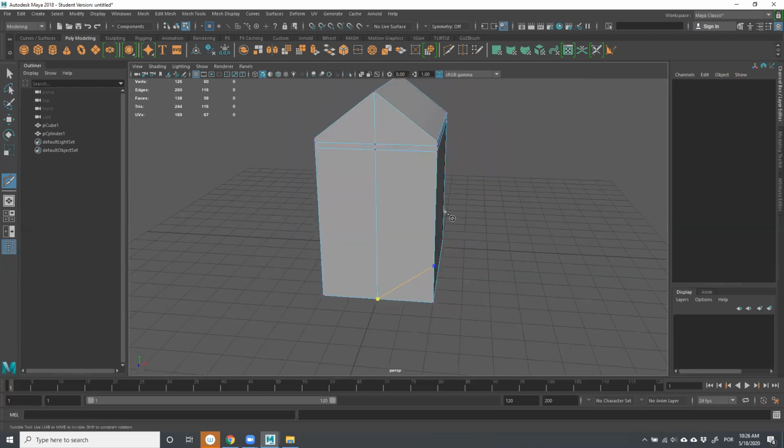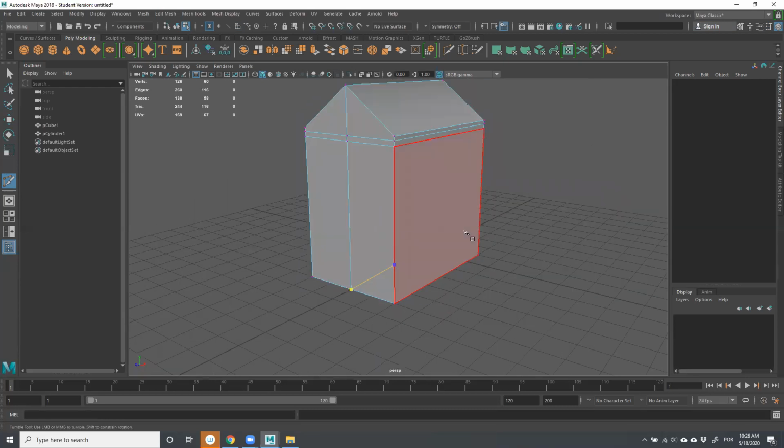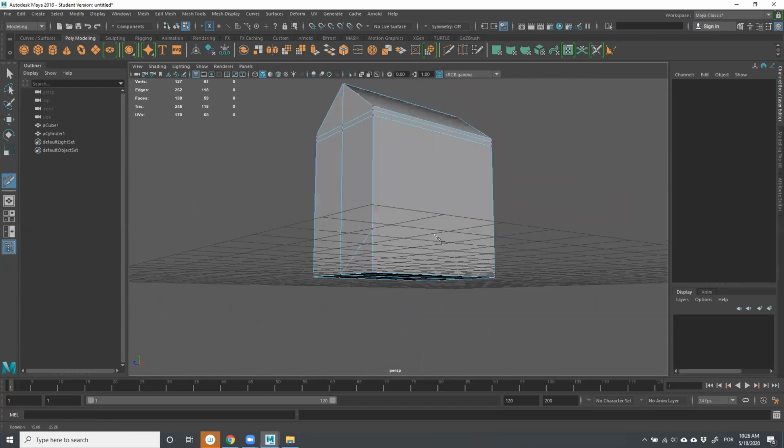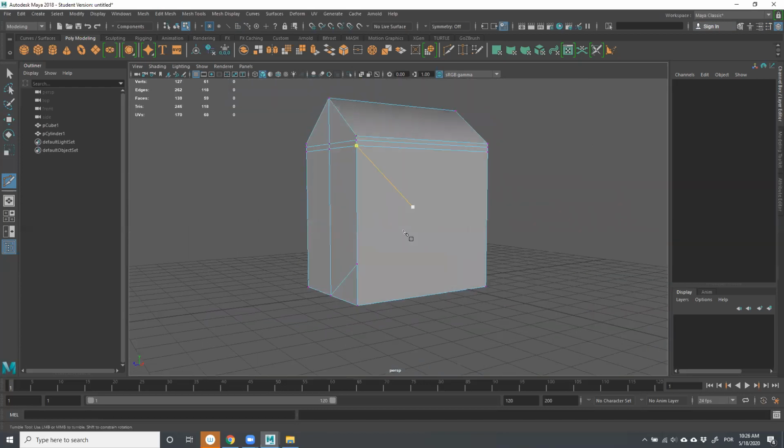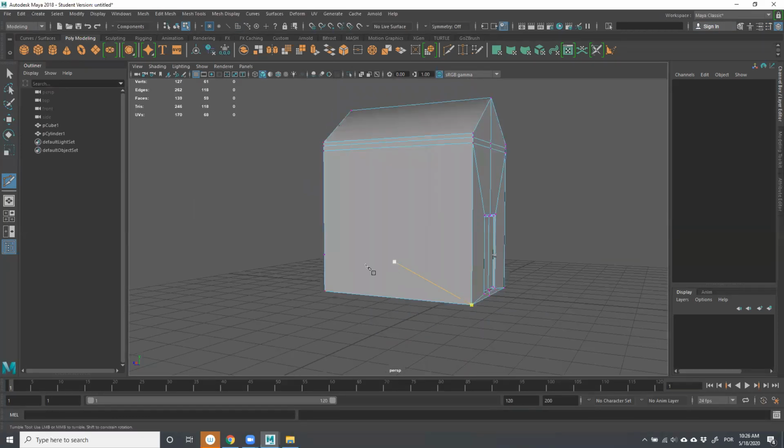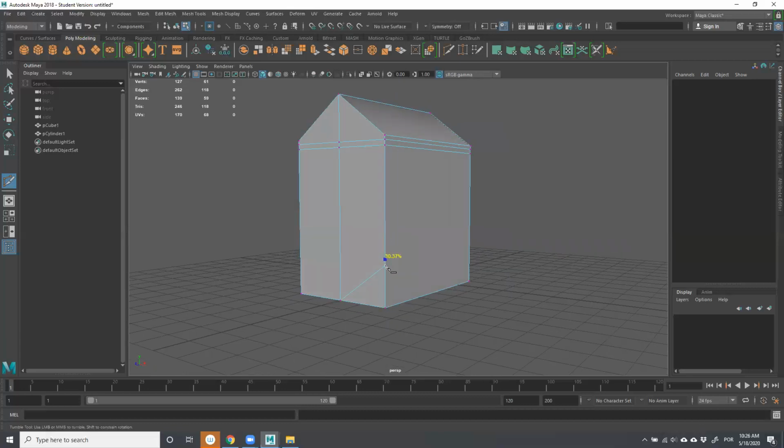So here, let's see what we got here. Yeah, let's just press enter, and that cuts that. Now I've got a five-sided polygon here, which is sometimes what you call an n-gon, and that's usually not very recommended when you're modeling for polygons. And I didn't like this, and we'll get to that later, but